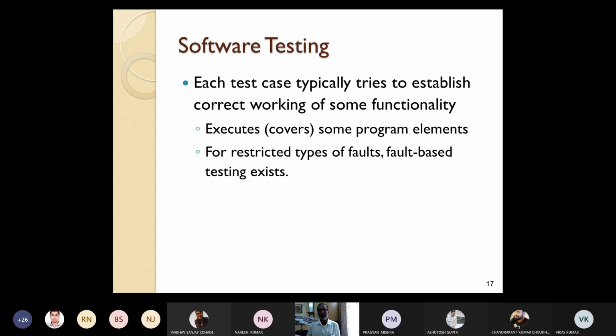Take the example of a library information system. What are the different functionalities? Issue book, return book, check book, compute fine. These are all examples of functionality in a library information system. And why are you designing the test cases? Each test case will typically try to establish the correct working of some functionality, whether issue book is correctly working